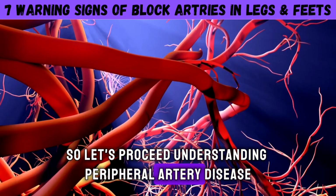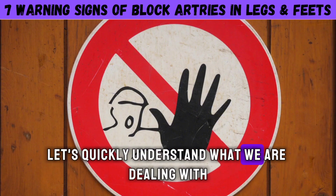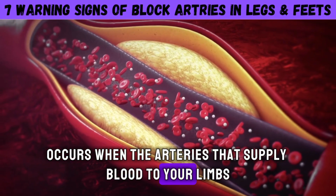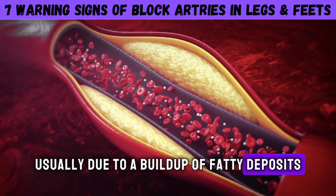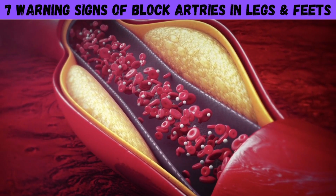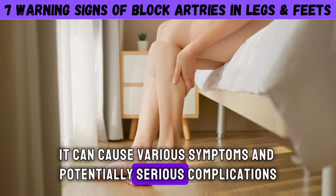Understanding peripheral artery disease (PAD). Before we get into the warning signs, let's quickly understand what we are dealing with. Peripheral artery disease, or PAD, occurs when the arteries that supply blood to your limbs become narrowed or blocked, usually due to a buildup of fatty deposits called plaque. This plaque buildup, known as atherosclerosis, can happen anywhere in your body. When it occurs in the arteries leading to your legs and feet, it can cause various symptoms and potentially serious